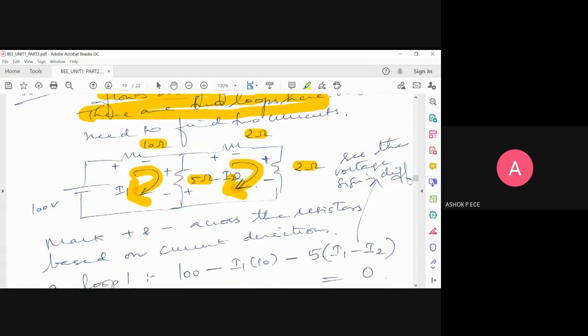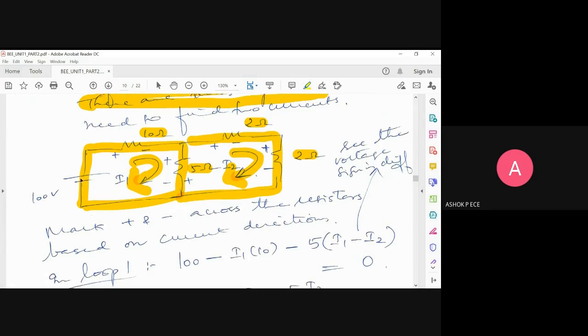Okay. So now we are going to write the equation for mesh 1. See how many meshes are there, that many equations you get, that many parameters you have to solve and get the unknowns. Two currents are there, two meshes are there, so you will get two equations. With the two equations, we can find the values of currents I1 and I2. Okay, so first I'm going to take mesh 1, this one. We are going to apply Kirchhoff's voltage law.